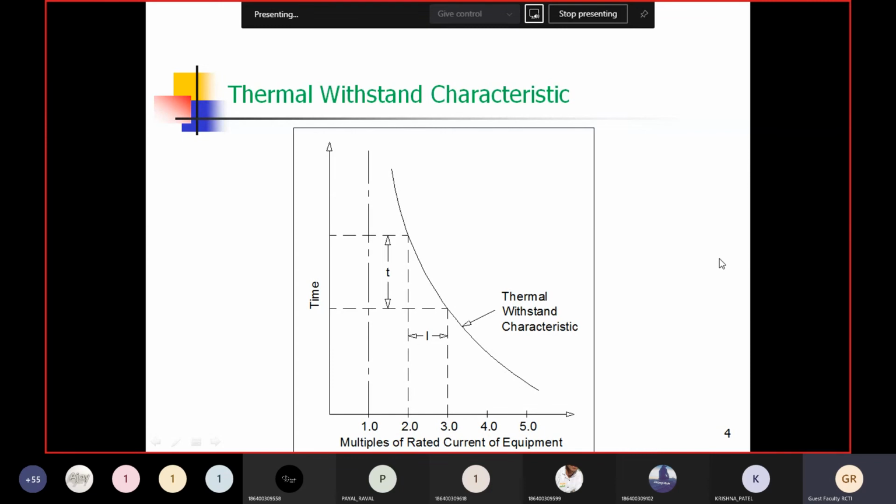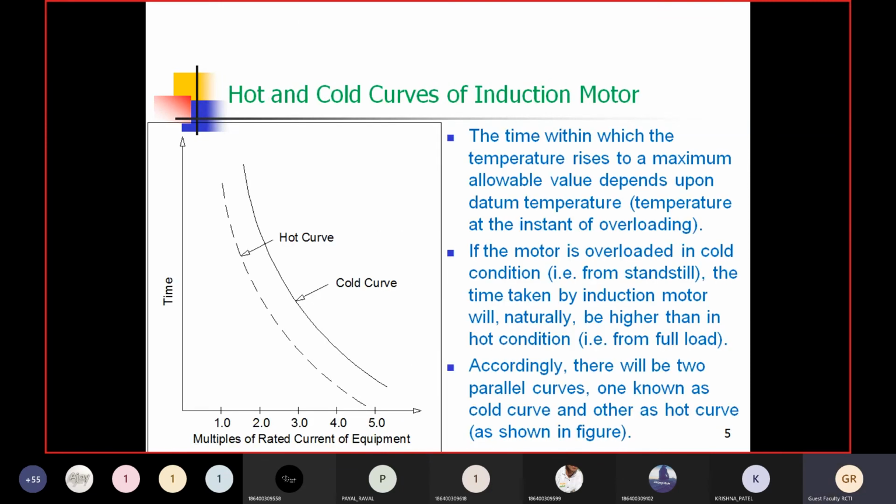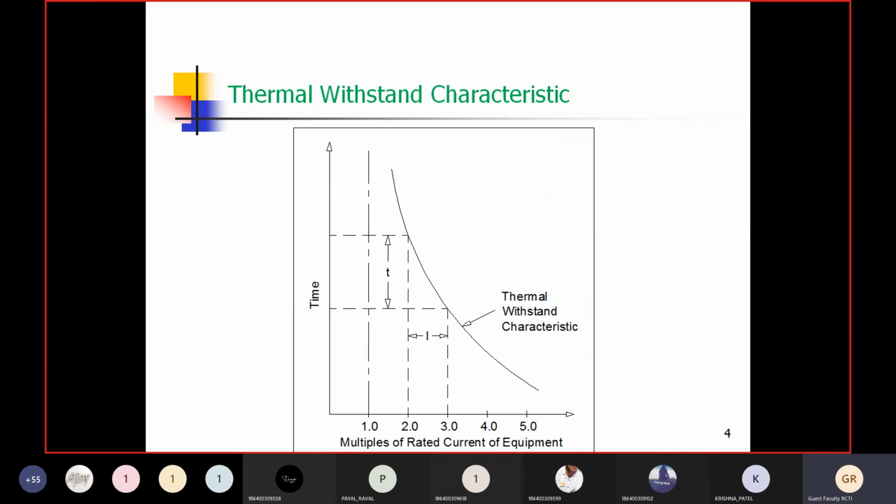Now we are going to one more slide related to the same. Now whatever curve the manufacturer has provided here, this curve is related to one specific temperature. Now if I think about Indian motors, then generally we consider 28 degrees centigrade as the normal reference temperature. I hope that it is known to everybody.